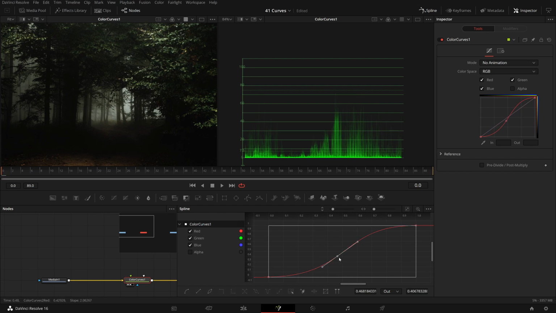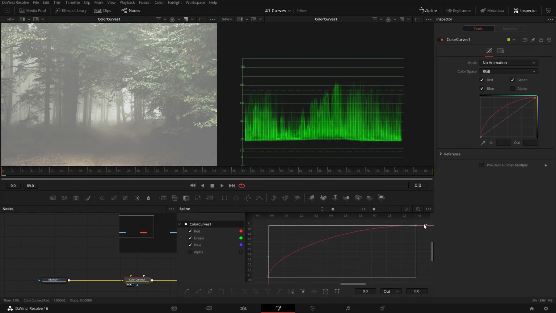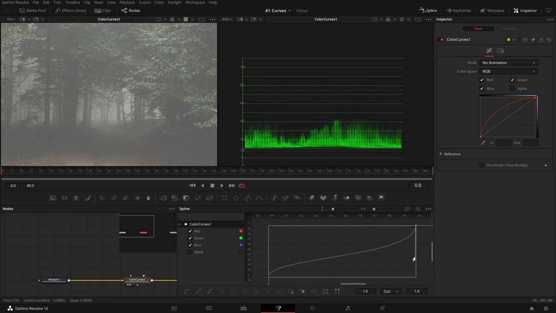I could even add an additional point in the middle and adjust the middle point for my brightness and contrast. So this way I have very good control over this and can make a very smooth and gradual adjustment. So this would be increasing the contrast. You can probably imagine what decreasing contrast means. So just the opposite, right? Increasing the dark points, decreasing the bright points, and then I have an S-curve like this,